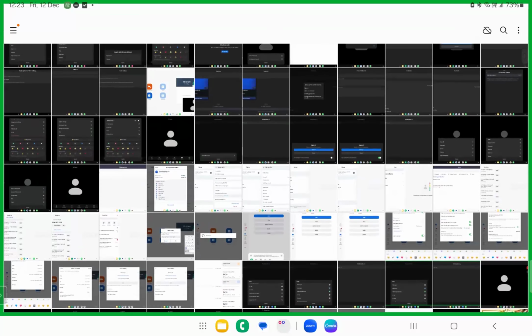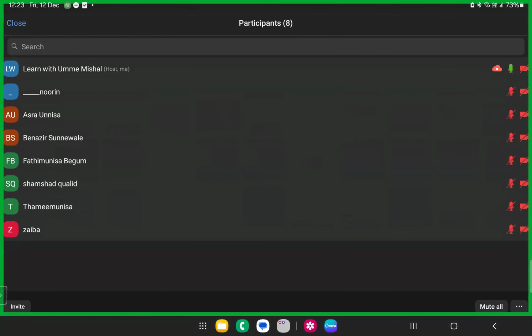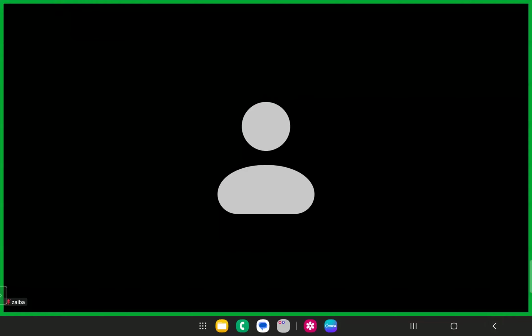Are you all fine with this? Just give me a thumbs up, please. I just want to know if you all are good with this. Come on. Now you're going to learn how to use the Zoom screen, right? Just give me a thumbs up if you all are fine with the settings and all. Okay. So only those were the settings that you had to know.